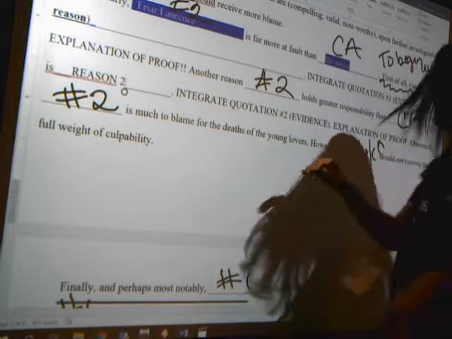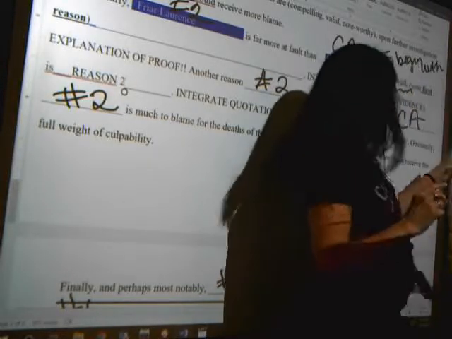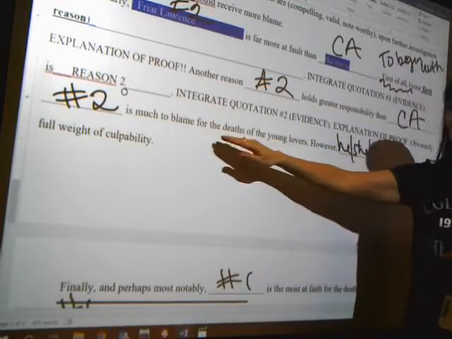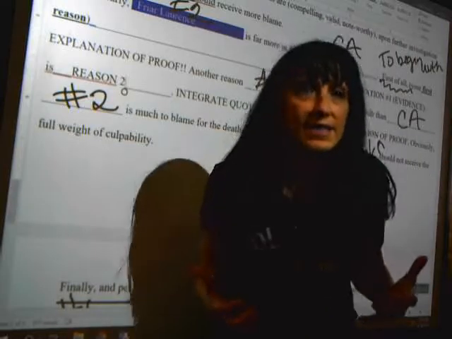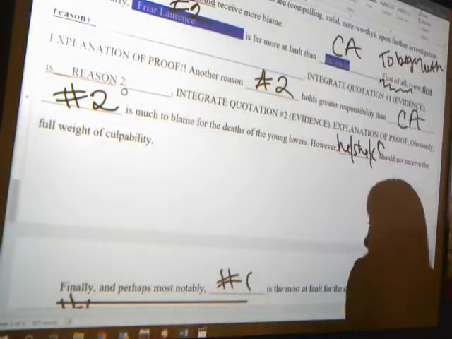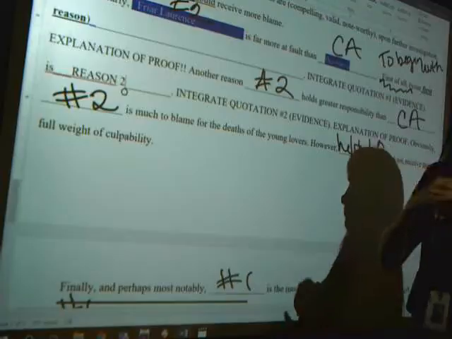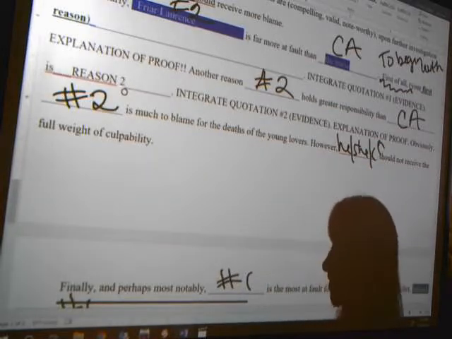Great. Time. Okay? Still in this paragraph. Obviously, comma, okay? Obviously, character 2 is much to blame for the deaths of the young lovers. However, what does however tell us? However tells us that there's a shift, there's more, there's something different. Okay, we know that. We called it a shift word when we were talking about Shakespeare, right? I mean, in January, when we're talking about sonnets, you look for those shift words. This tells us things are going to shift in another direction. All right, so